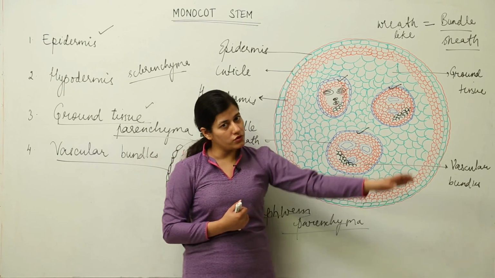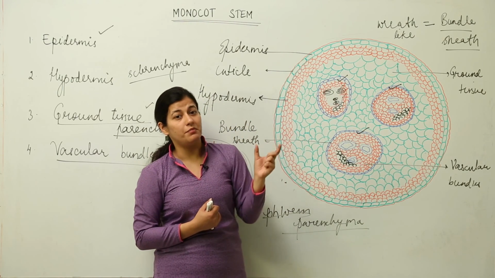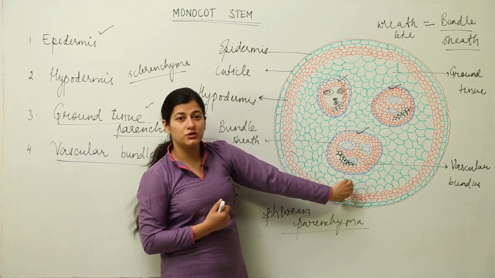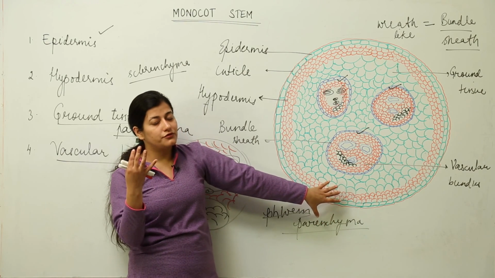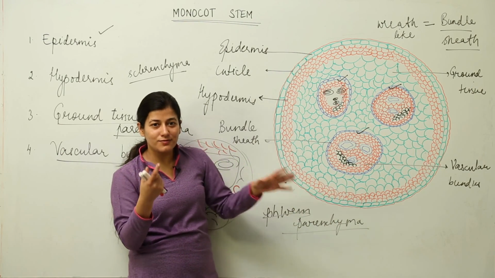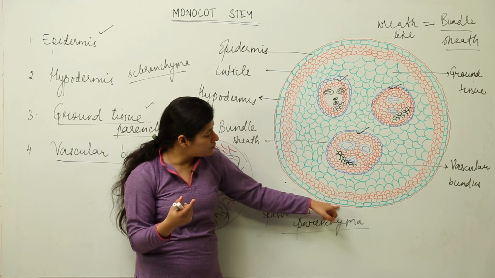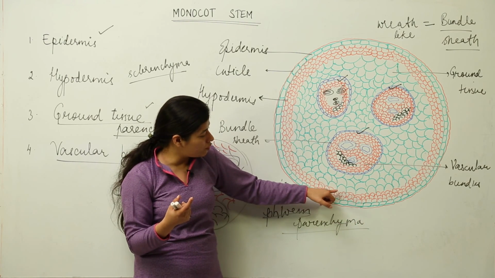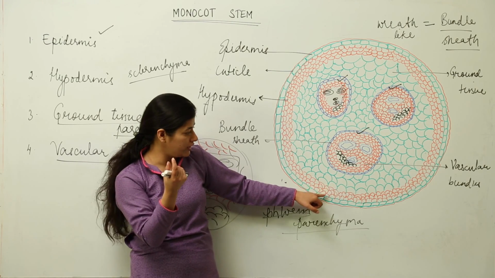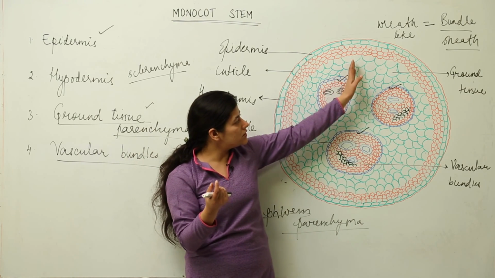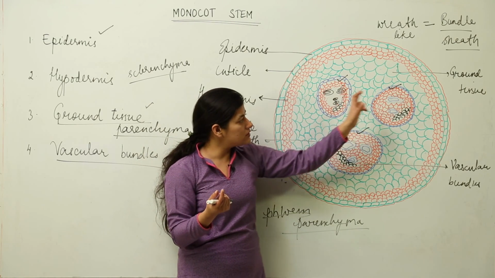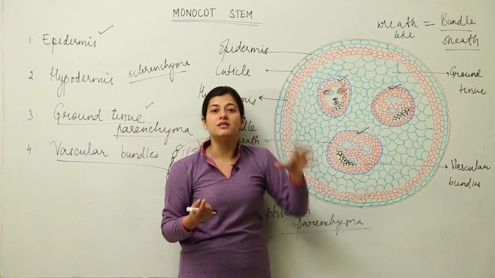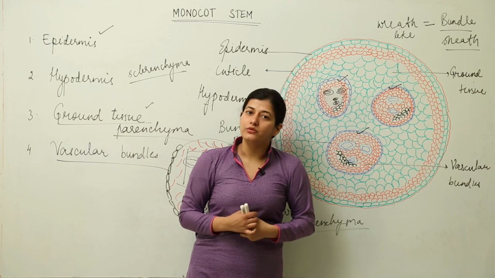The outermost layer would be epidermis, that green part, followed by the whitish part which is present in the watermelon. Those of you who consume watermelon must know what I'm talking about. This outermost is the green part, then we have that white thin part, and the rest of it is the reddish part, the edible part of the watermelon, where these things would be scattered like the seeds. So this is all about monocot stem.